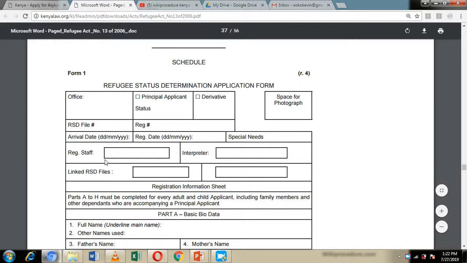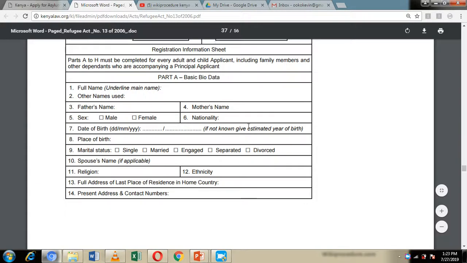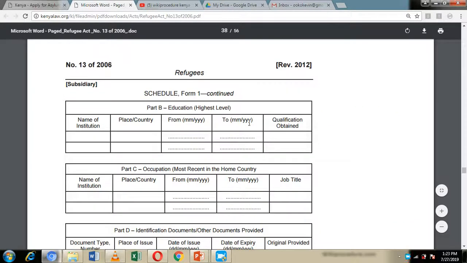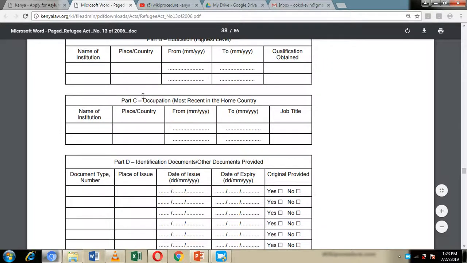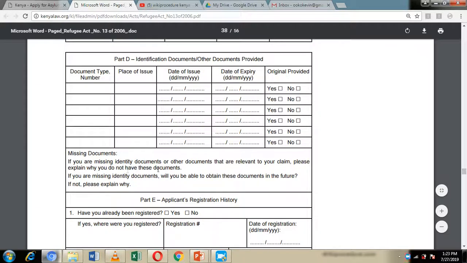So here you're supposed to fill in your full names, place of birth, date of birth, marital status, religion, ethnicity, residence in your home country, present contact addresses, your highest level of education, and your most recent occupation in your home country. Here you're supposed to list any identification documents which you have. If you're missing identity documents that are relevant to your claim, please explain why you don't have these documents, and explain whether you'll be able to obtain these documents